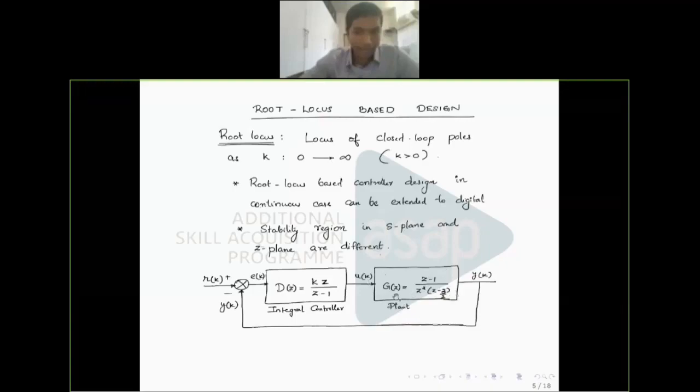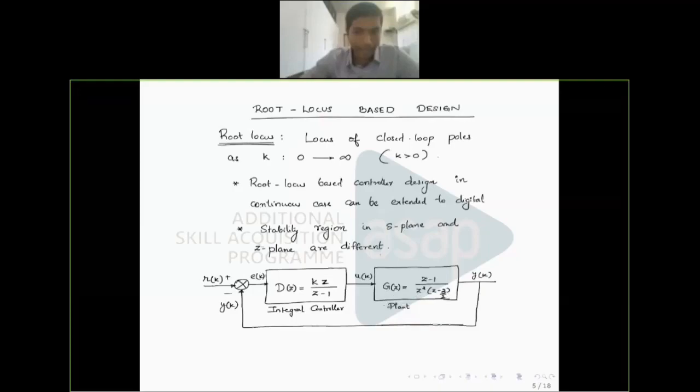Okay. So let's consider this plant. You can see that there is a 0 at Z equal to 1. There are 3 poles in total. I'm talking about poles of the plant, and here plant means the discretized plant. So there are 2 poles at the origin, since there is Z square. There is 1 pole at Z equal to plus 3 by 2. So this is about the discretized plant G of Z.